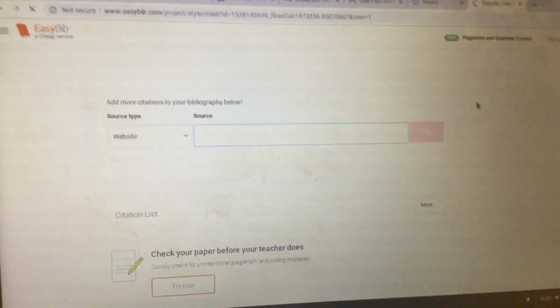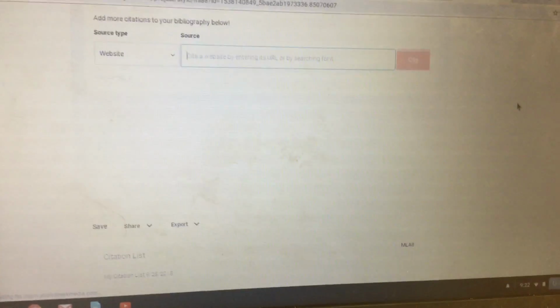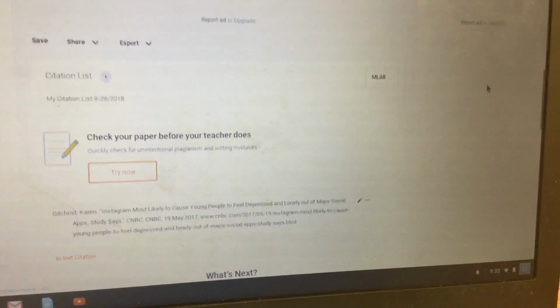Okay, now that the ad is over, you're going to scroll down maybe about